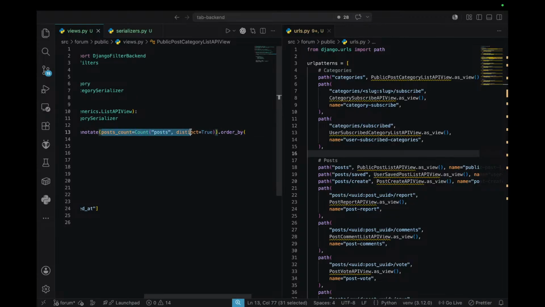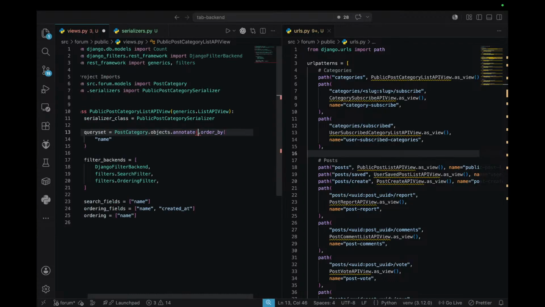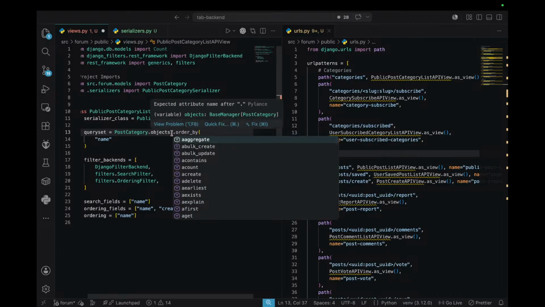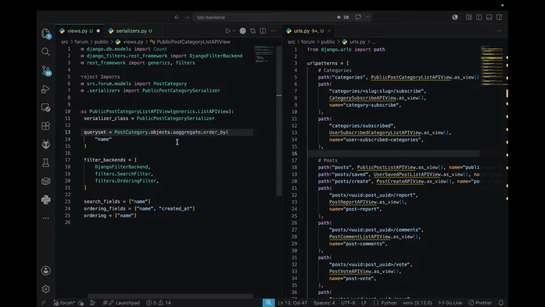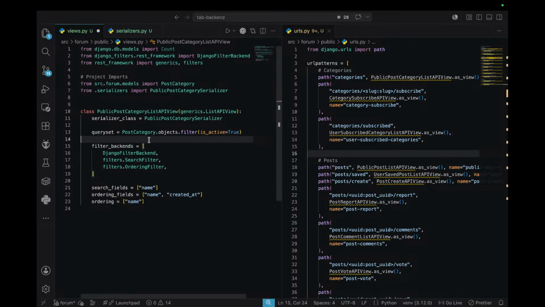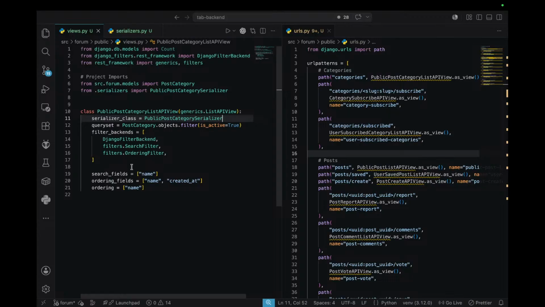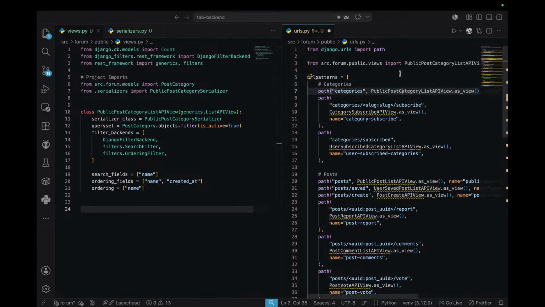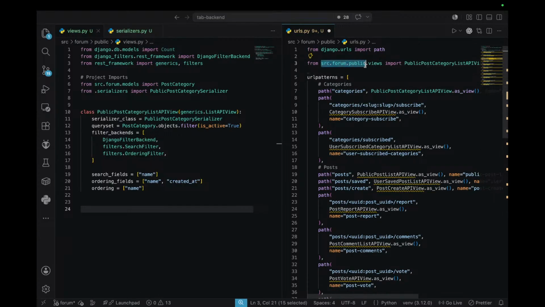We don't need post count here, so I don't want to annotate this one, and I want to just filter out this thing. Only return the active categories. And I can just import it from